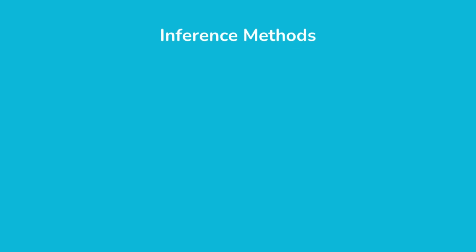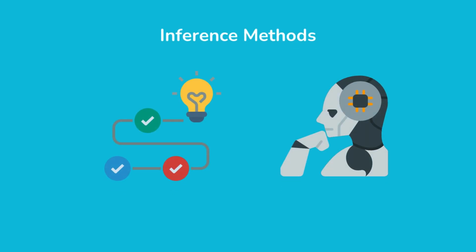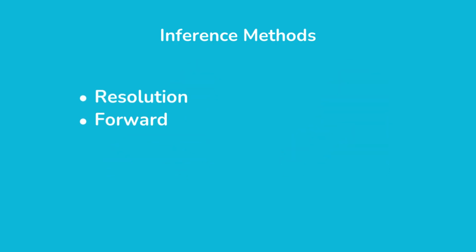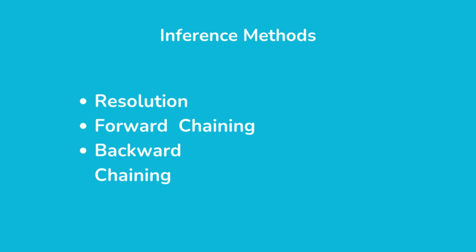Inference methods are techniques used in artificial intelligence to derive new conclusions from known facts and logical rules. These methods help machines make decisions and reason about the world. The most commonly used inference methods are resolution, forward chaining, and backward chaining. Each of these has its own way of reasoning, depending on how the information is structured and what the system